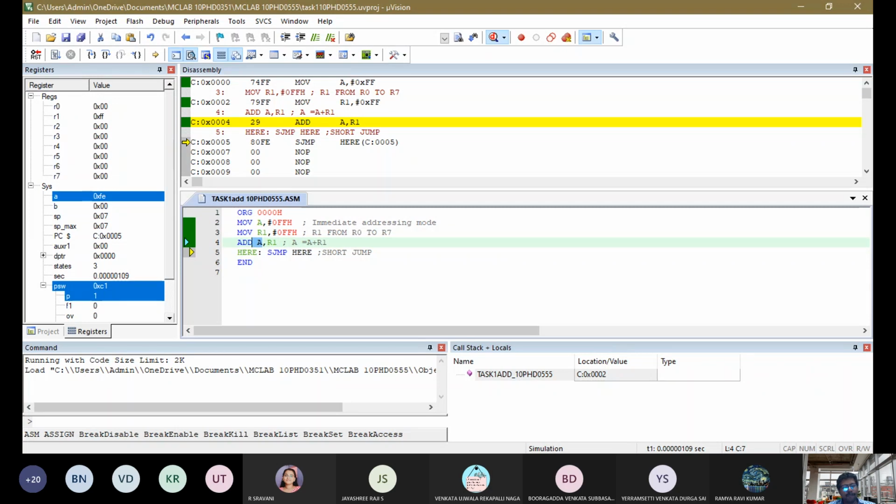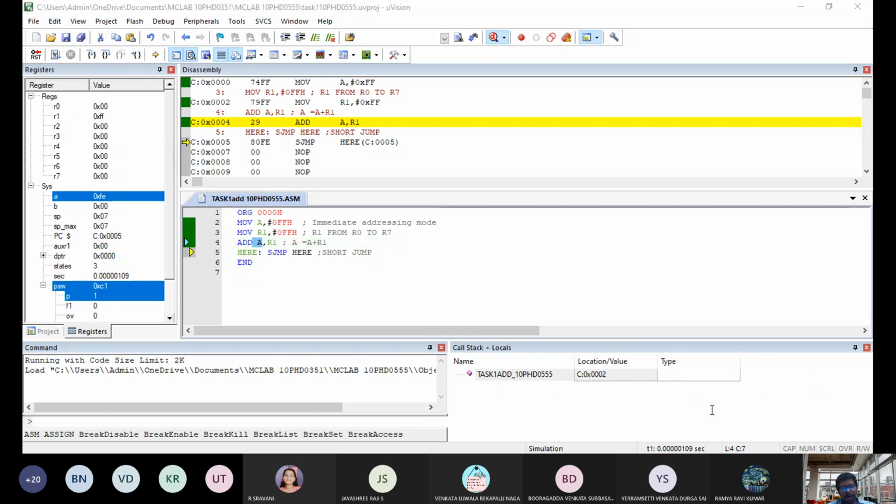So when you come for the next laboratory session on Monday, try to have the instruction set of 8051. Please download the 8051 instruction set and have a printout of it, which will be helpful for your laboratory. A PDF file will be there. If you type in Google, you will get it. Instruction set of.